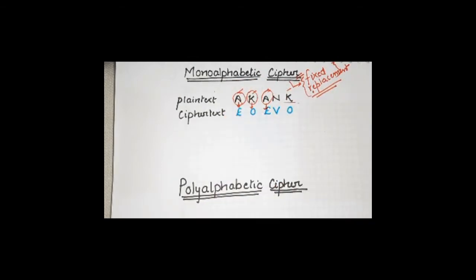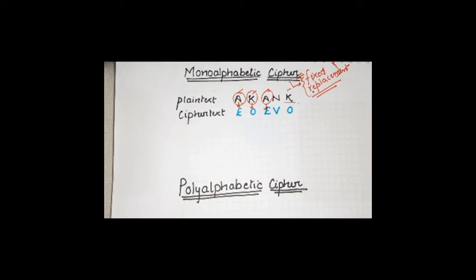Now, what do you mean by weakness? Okay, there's another line of attack. What do you mean by another line of attack? Let me be more precise. If the cryptanalyst knows the nature of the plain text, then the analyst can exploit the regularities of the language. What do you mean by regularities of the language?